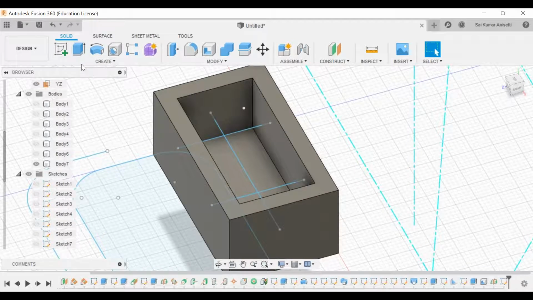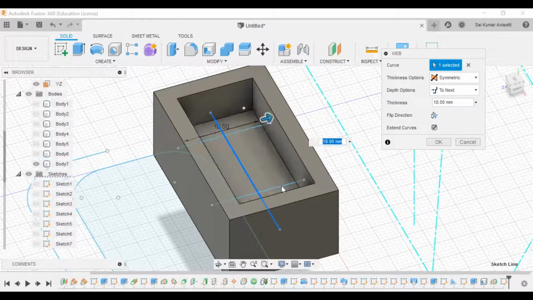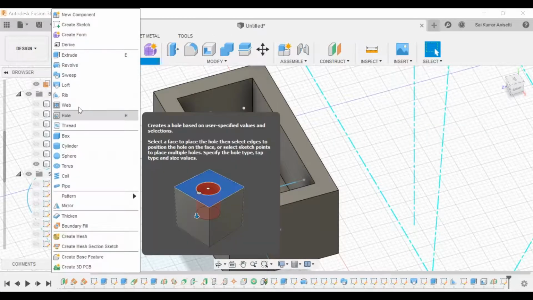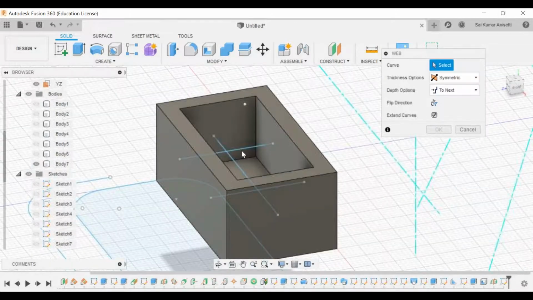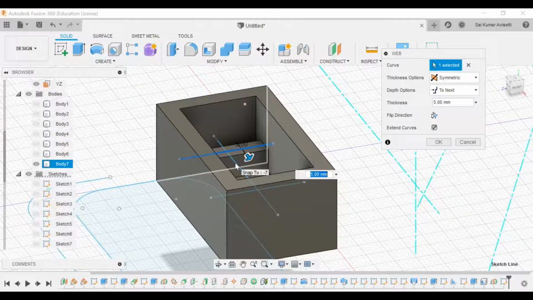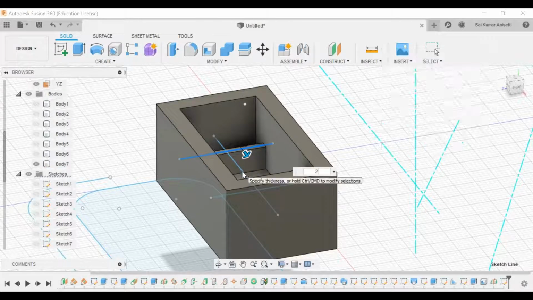So create simple web, select all the curves on which you need to make a simple web. Web. Okay. Select the first one. Select the 5 mm. No, I want just only 2 mm. Press enter.